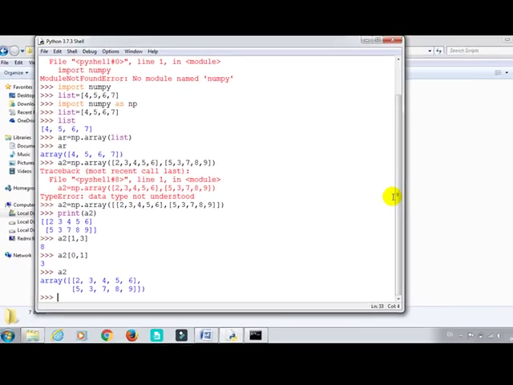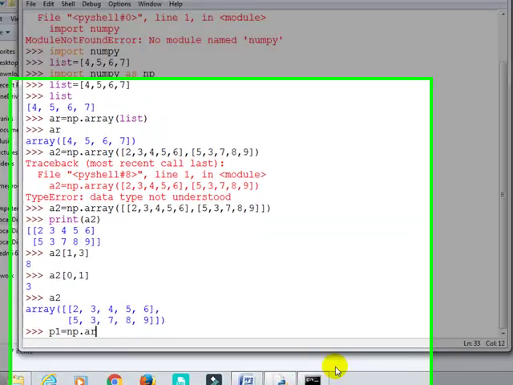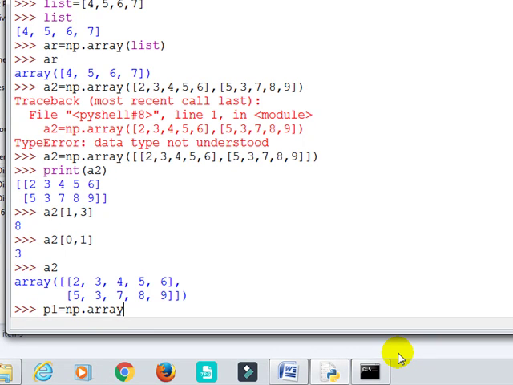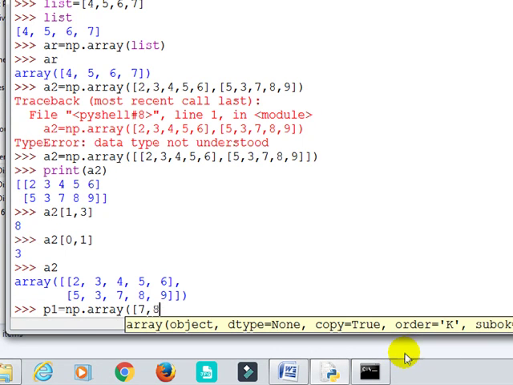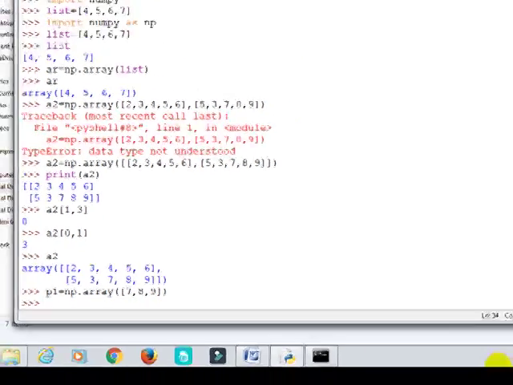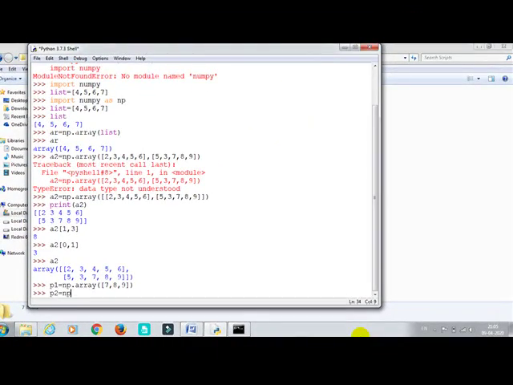So I'm creating two arrays. P1 is equal to np dot array, in a bracket, given values 7, 8, 9, and similarly create a new array P2 with two dimensions equal to np dot array. In this I will give the two dimensions, that is the first outer bracket, and this is a parenthesis for the array function. Now inside this, one for row, comma, second for column. Go to the first one, give the value. For example, I am giving 2 comma 5 comma 8 with three columns, and two rows, so I'm giving 4 comma 6 comma 7.